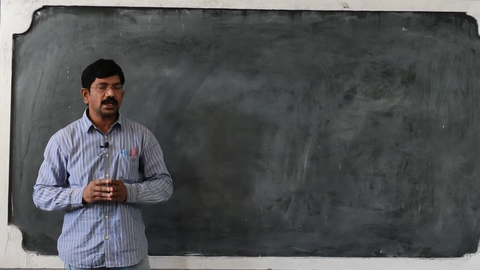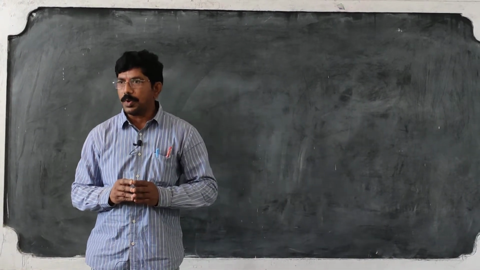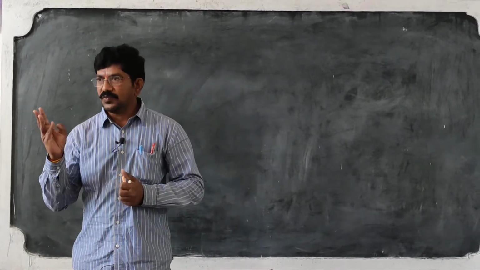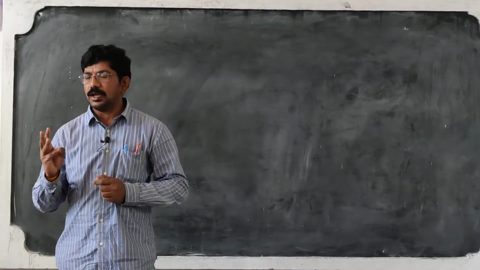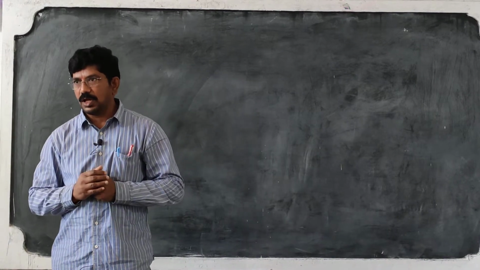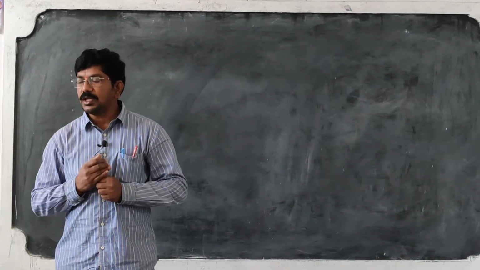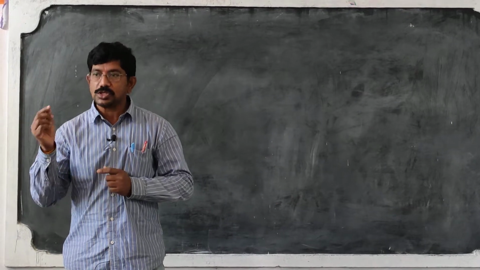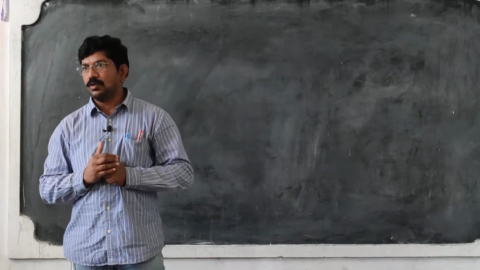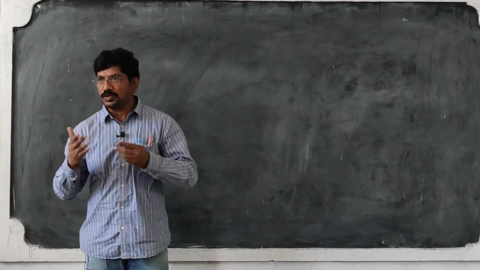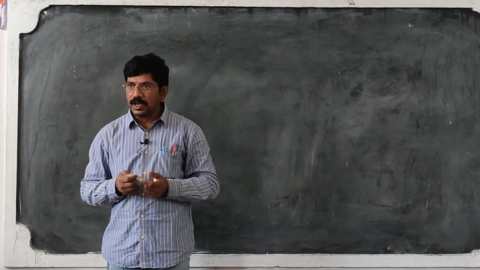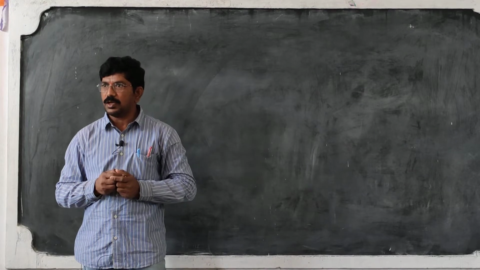In our previous class we studied the properties of metals, physical and chemical properties. What are the physical properties? In 8th class you studied that metals are lustrous in nature, they have a shiny surface. They produce sound when they are beaten, which is known as sonority. Next, ductility and malleability. Metals can be made into thin sheets and wires. Because of that nature we use metallic wires for conducting electricity.